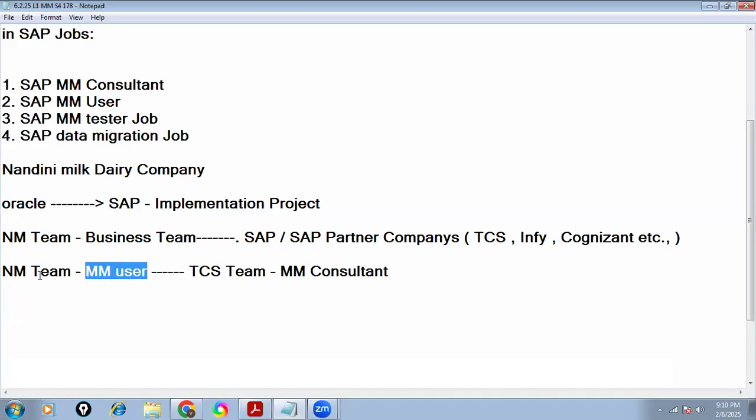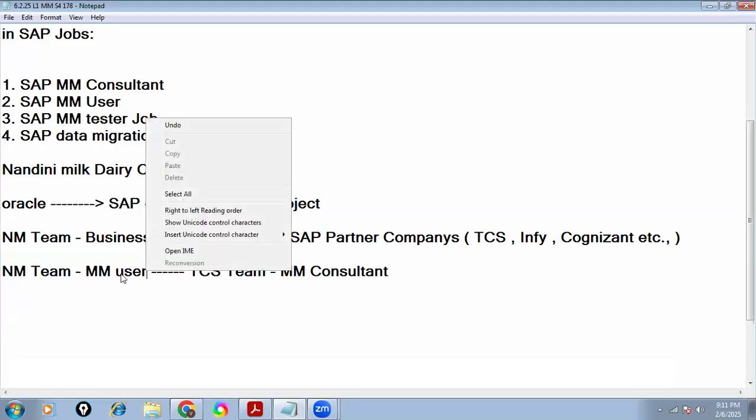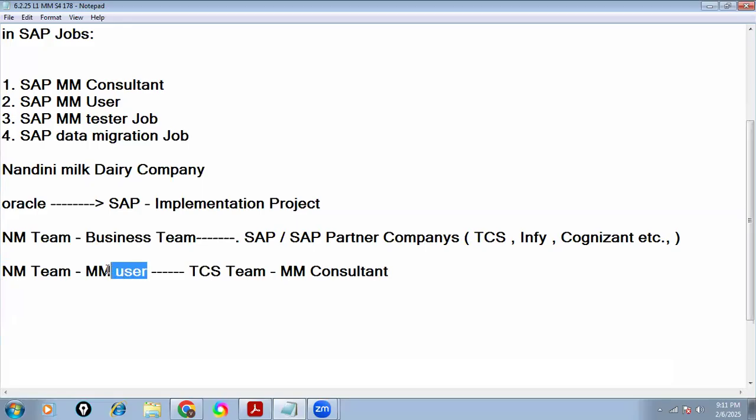MM user means what? Nandini Milk plant, they are having a purchase department after SAP implementation. So you are working as a purchase MM user. It means you are using SAP, but front end. How to create a production purchase order, how to do the inventory activities, all front end activities you will do. So is this in demand? Okay, but what happens, 1 year, 2 years, 3 years, 4 years, however long you work